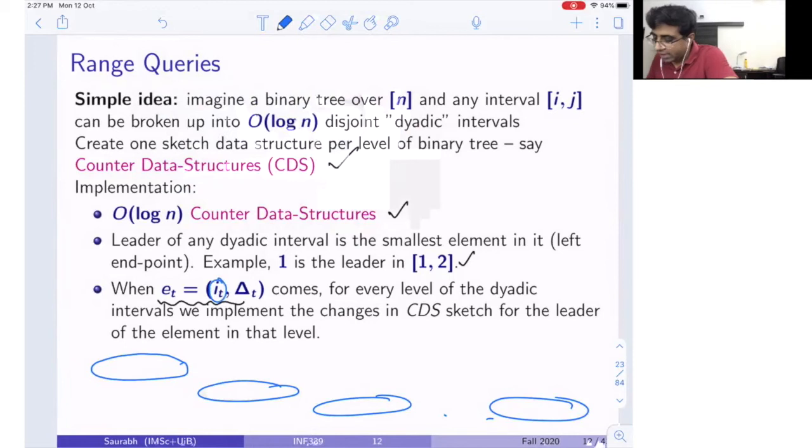You know that at each level, what will be its leader, right? You can know its leader, right? And if you know its leader, you go there and you make the changes accordingly, right? So what I mean by accordingly is, okay, so suppose